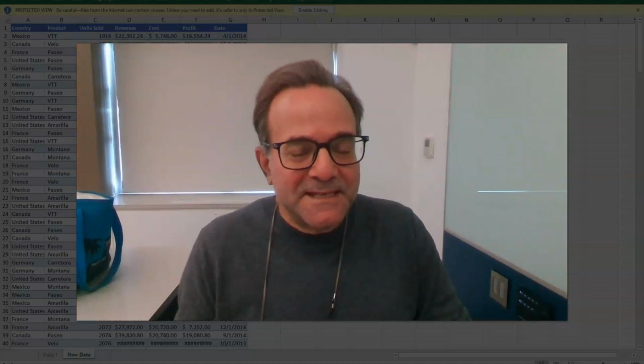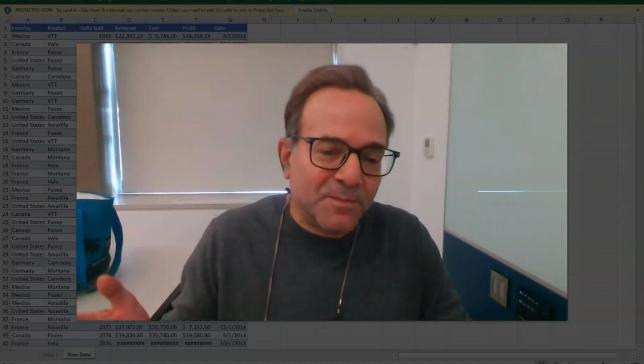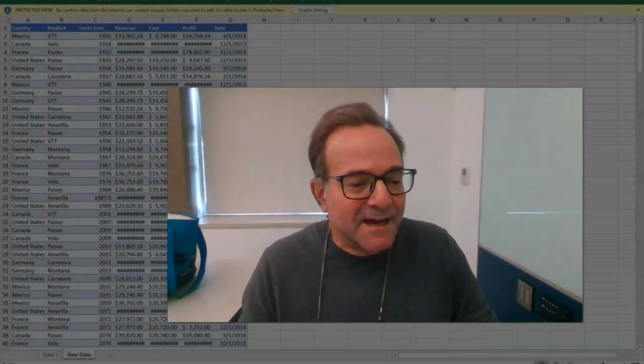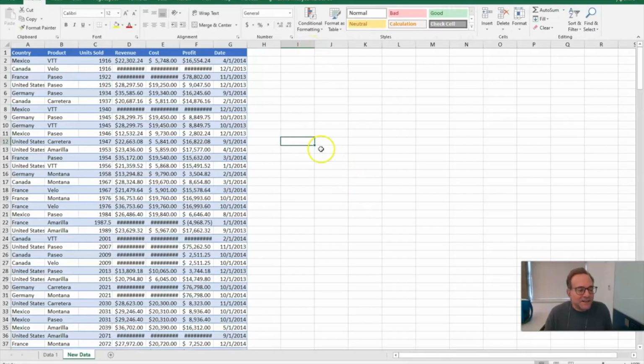So let me show you the basics here of what Jane actually did. So Dick came home with the spreadsheet, and they opened it up on their computer, and he showed her the big mess that was there. So Jane enabled the editing, and essentially what you want to do here is distill this down by using some pivot tables and pivot charts, and then connecting those pivot charts together and putting them all on a dashboard where you can control everything from there. So let's take a look.